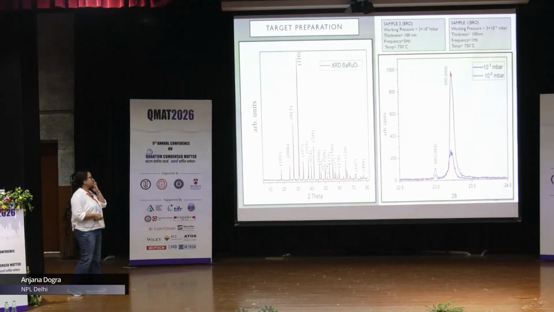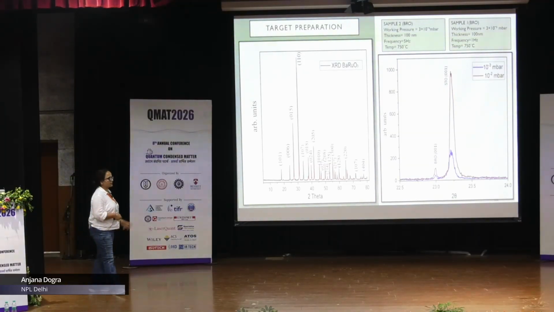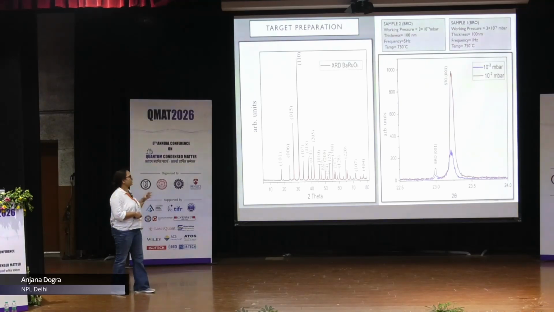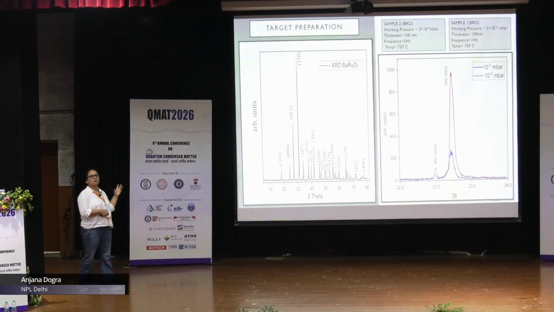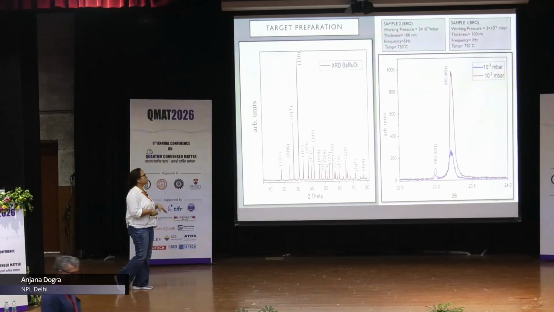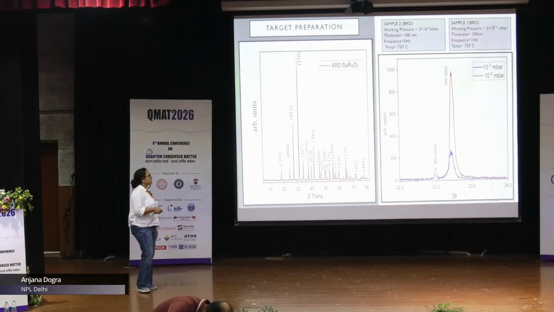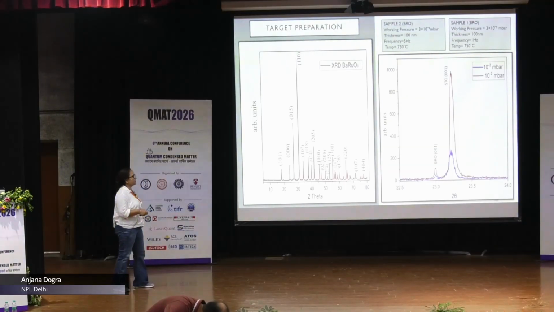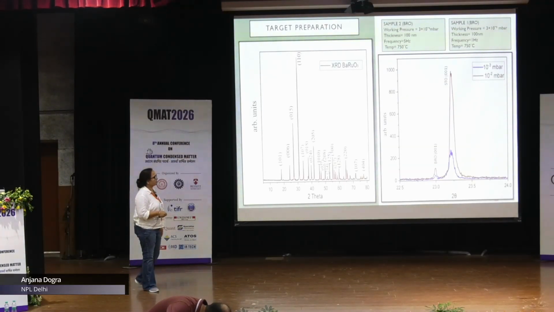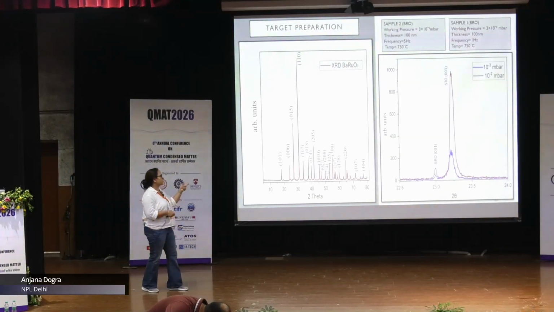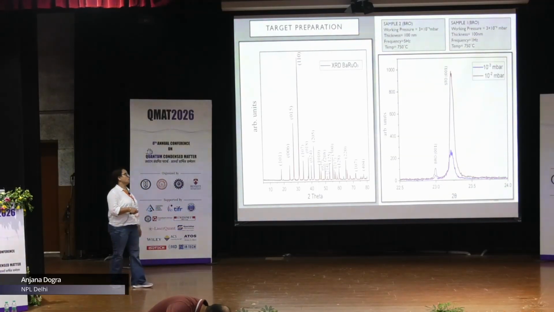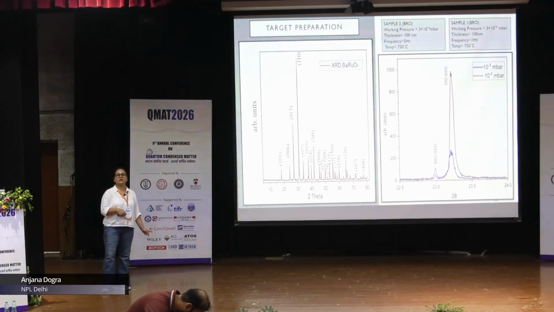Coming to the results, this is the target we have prepared for BaRuO3 and the other, LaNiO3, both by the solid state technique, which gave very good, stable structures. In the right side image, this is the thin film which we have grown with PLD. These two data points are at 10^-3 millibar and 10^-2 millibar. The purpose of showing this graph is that at both pressures we are able to get epitaxial thin films of BRO3,